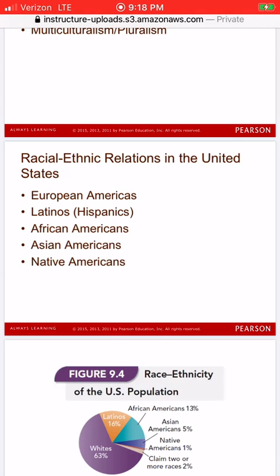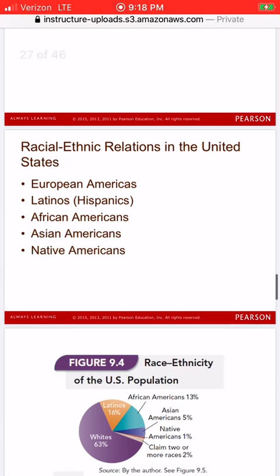Each minority group has a social and economic cost of discrimination that has occurred over the course of time, which has been enormous. And each one has had their own unique experiences as minorities. So we're going to begin to dissect this a little bit more with each particular group.